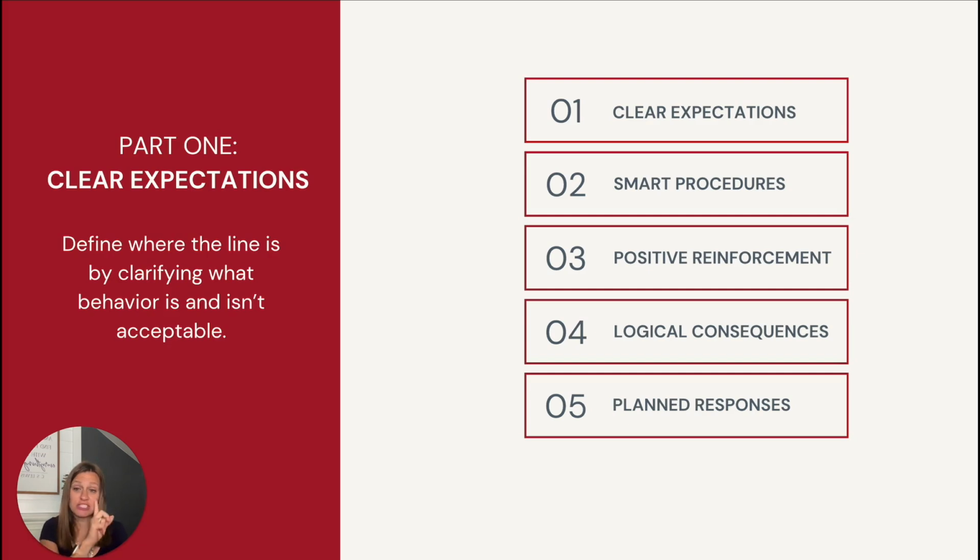So first of all, we start with clear expectations. So many times we actually don't know in our own mind where the line is. Students might do something and we go, oh, is that okay? Should I say something? Should I let that go? We don't know where the line is ourselves. So how could we ever make it clear to our students? So we start by getting really clear, where is the line? And this, by the way, is where you pick your battles. Pick the battles ahead of time as you make your expectations for yourself.